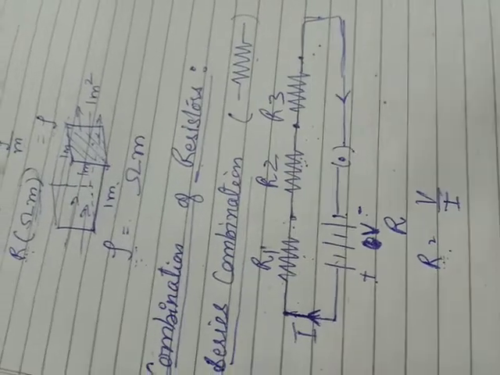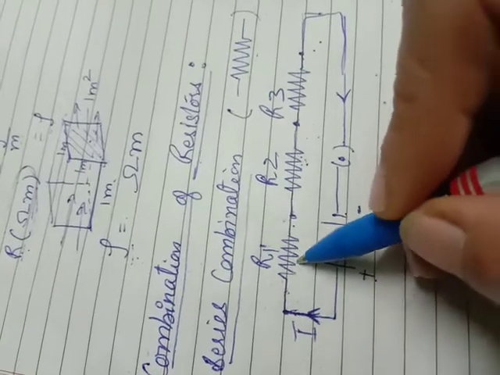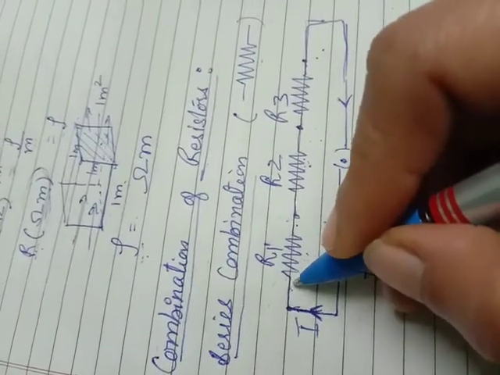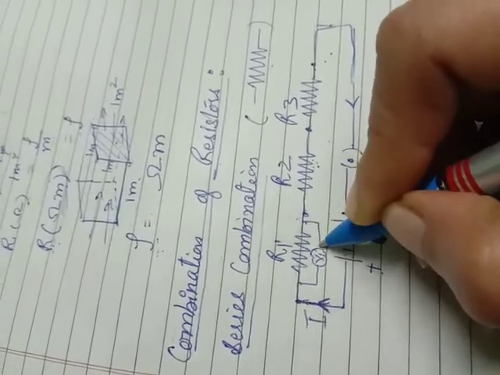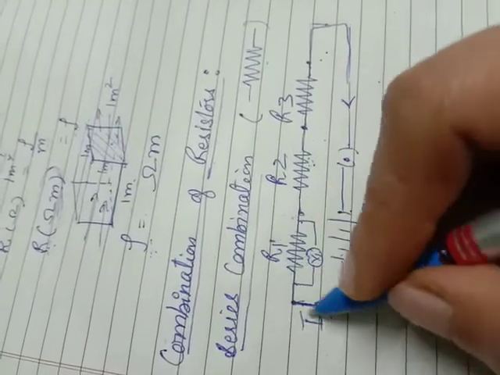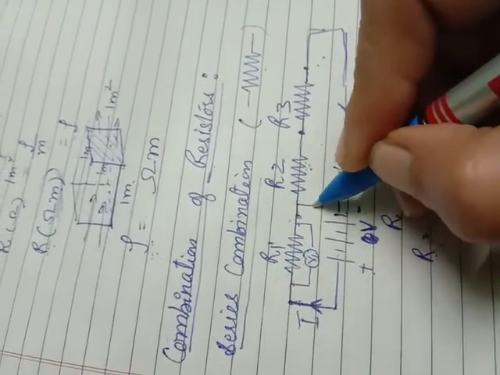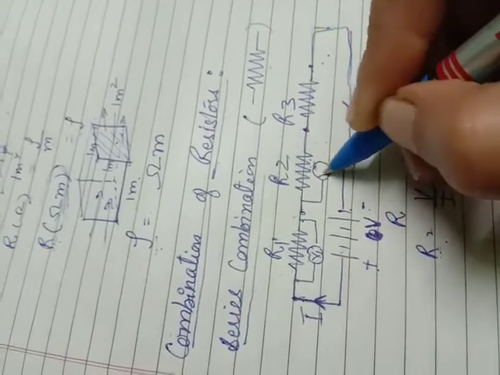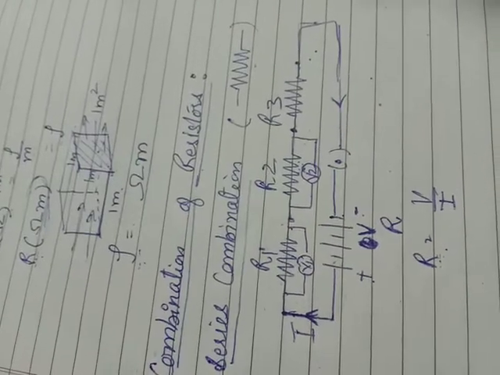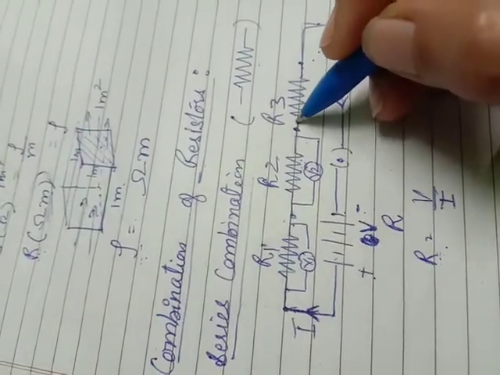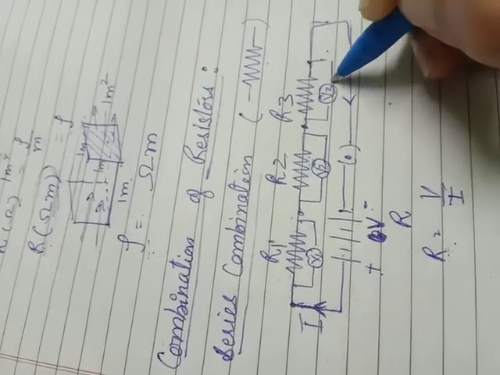As I was telling you, whatever energy or potential is lost here, I'll call it V1. So V1 is the potential lost by this moving current when it goes through R1. Then V2 is the amount of potential that is consumed by R2, and V3 is the potential that is consumed by R3.